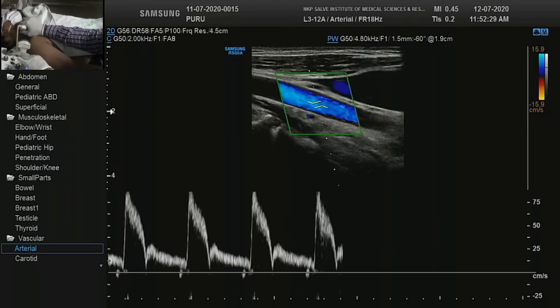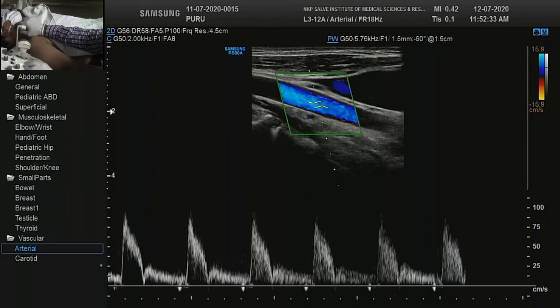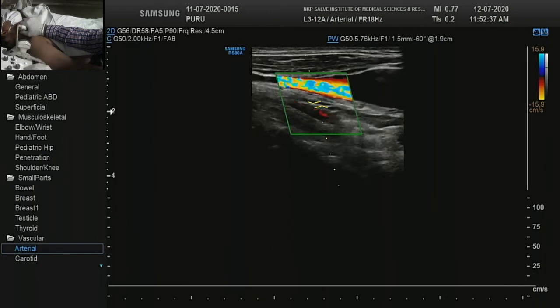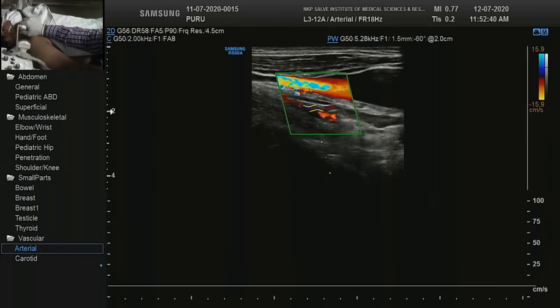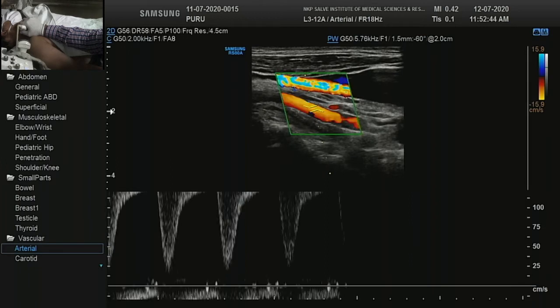This was our carotid artery, normal flow, and this is the vertebral artery. The direction is simply reverse.